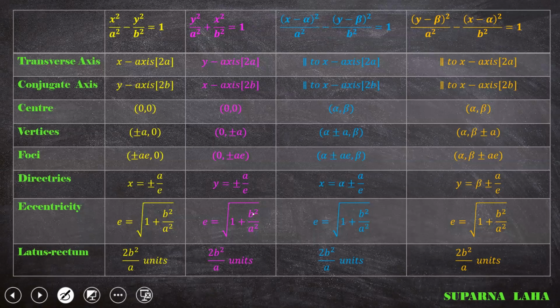From question number 7 to 15, you need to find the equation of the hyperbola where information about the hyperbola is given. But before that, just go through the formulas. Do one thing, that will be negative sign, not positive. Just go through the formulas once again and let's start the exercise.